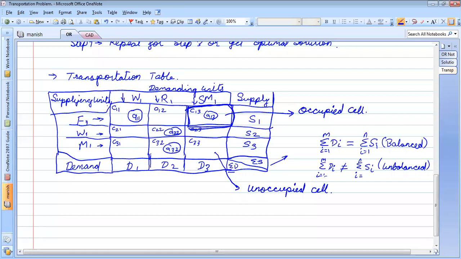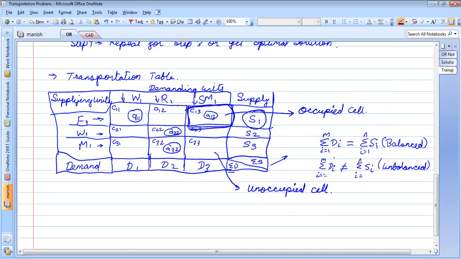Any doubts now? Will I call this S1 a cell? No, this will not be called a cell. Cells are only these values, which have cost values.